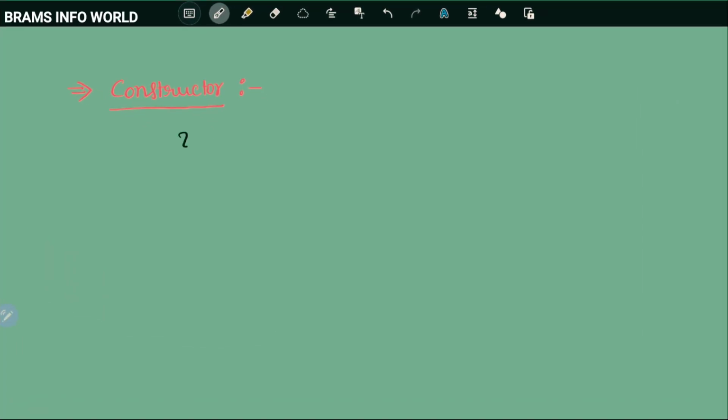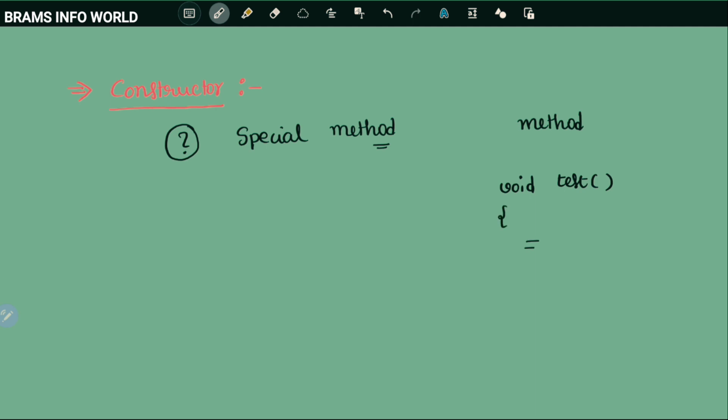So the first point is what is a constructor. A constructor is one type of special method. What is the meaning of special method? Already we know what a method is. A method means there is some return type, followed by a method name and a list of parameters.